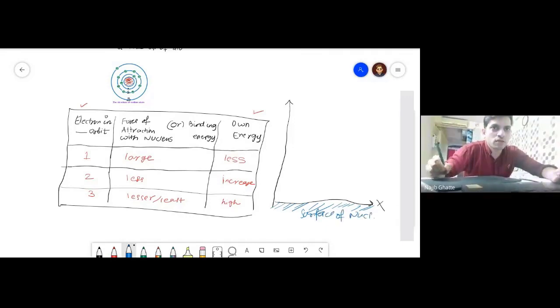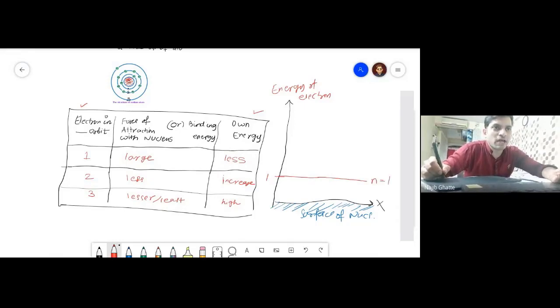Fine. Okay. And now, if I talk about the energy of an electron in orbits, this, for example, is the first orbit, this is the second, and this is the third. Fine. So the first orbit has very less energy. So I draw my diagram somewhere over here. This is the energy of an electron in the first orbit, so I call this n equal to 1.